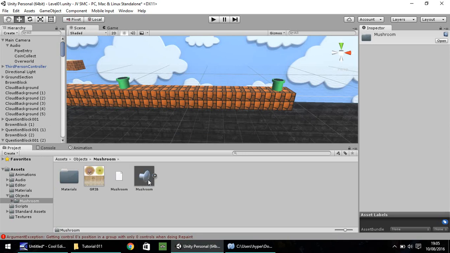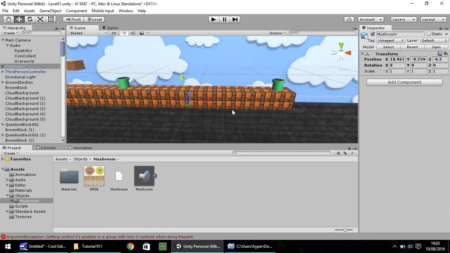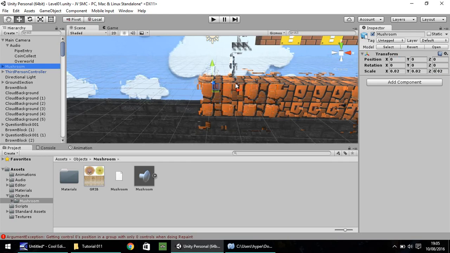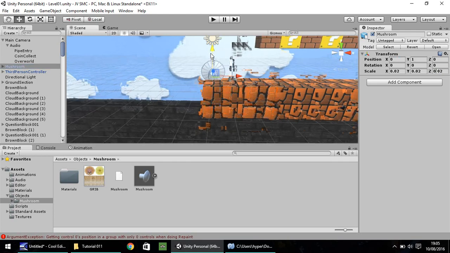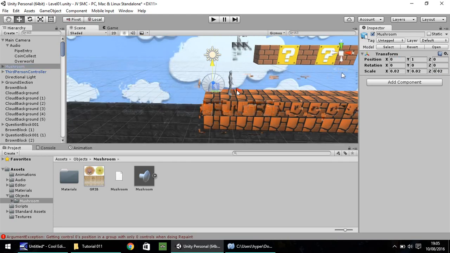So firstly, what we need to do is add the mushroom to our scene. So this mushroom, drag and drop. I think it is going to be quite large, so we'll reduce the scale to 0.02, 0.02 and 0.02. I'm going to change the position to 0, 0, 0. And let's focus on the mushroom, which is there. Now let's bring it up and put it into the position that we want. So I'm going to drag it over here